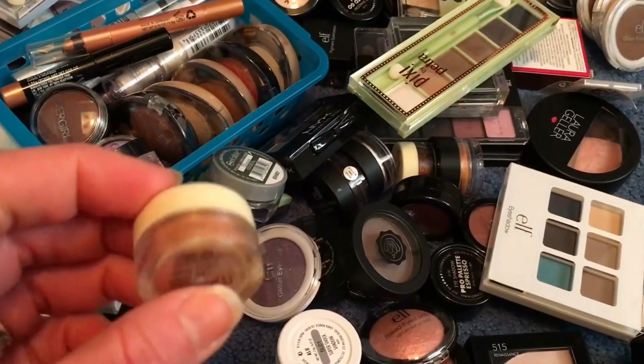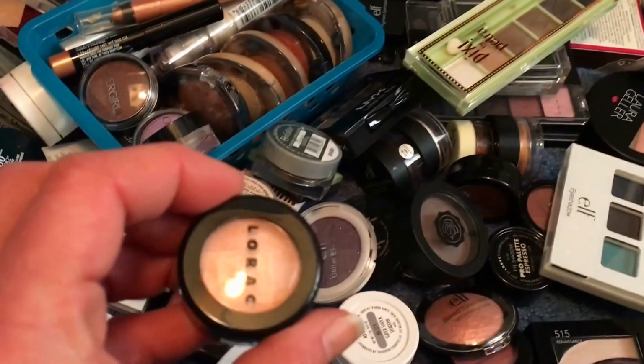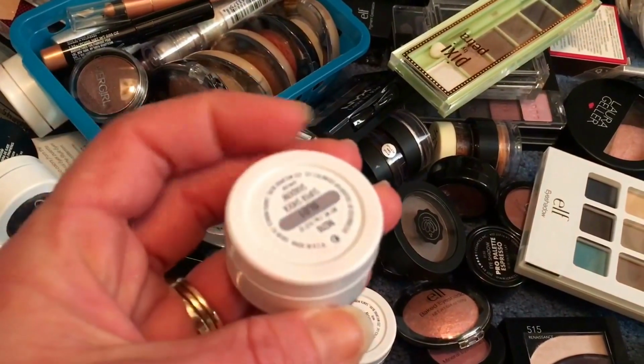It's a loose pigment shadow. I'll keep that. That's actually a really pretty color. It's just really messy to use. Here is a Lorac eyeshadow in Honey. I'll keep that one. Here is a ColourPop in the shade,